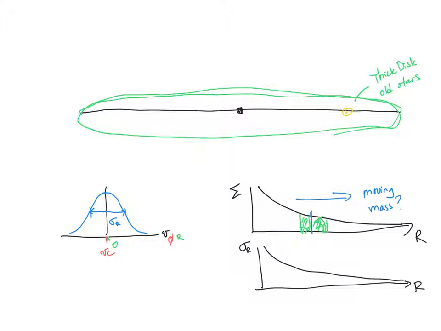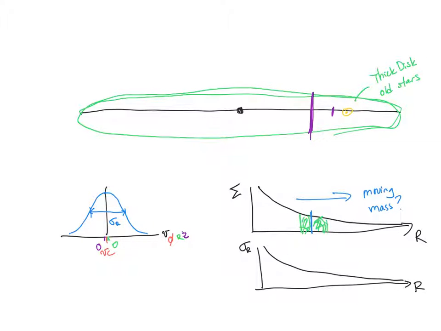I'm going to not use yellow. I'm going to use purple. Is that, let's say, you can have velocities that are vertical, and that central point is also 0. But the thin disk velocity dispersion is rather small, which is, a star moves above the thin disk, and it feels a vertical forcing downward toward the mass of the disk, and it goes down like this, and it feels it upward, and so it just kind of oscillates vertically. So now, if you look at the thick disk, those stars are oscillating this huge distance.